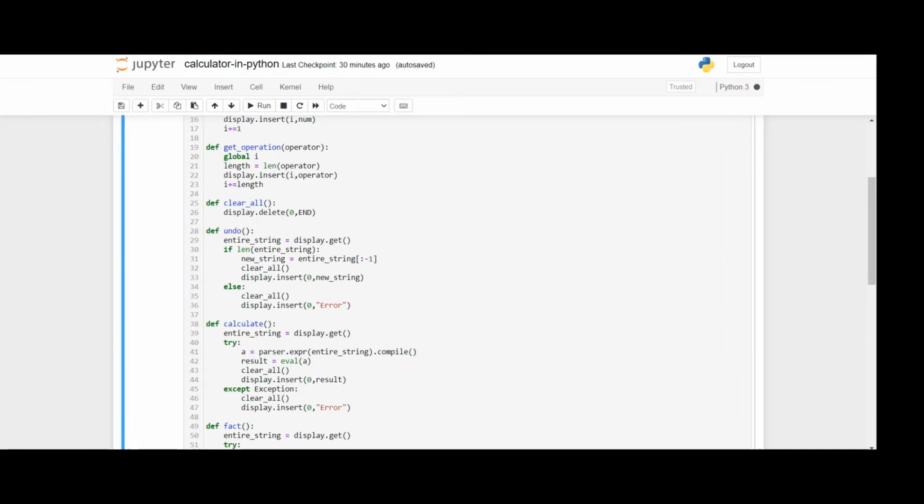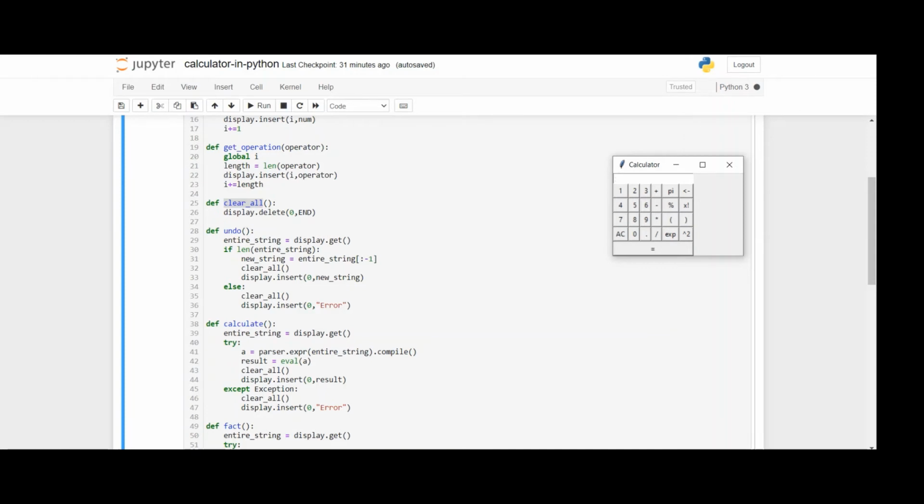Let's create the function called clear all. Clear all is a vital function. After one operation, you can see here the button called AC. AC means all clear. After an operation, let's iterate 1 plus 2 equals 3. After this operation, if you want to perform another, different kind of operation, you have to clear this 3.